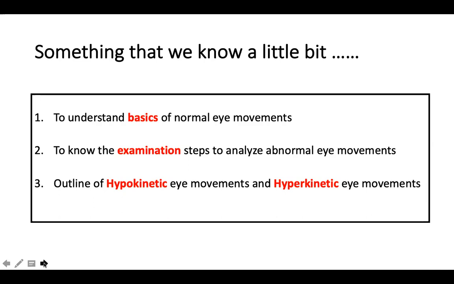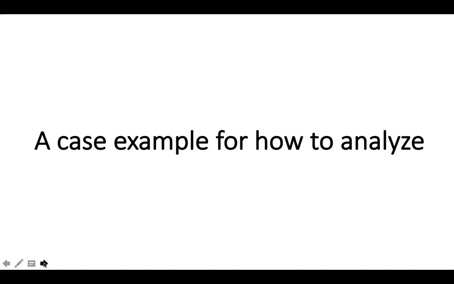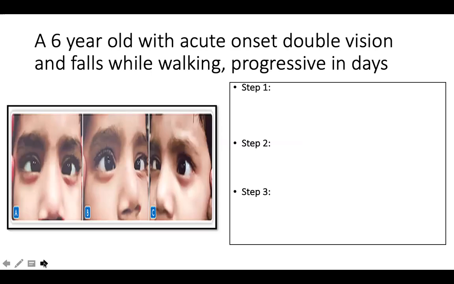Before that, we'll just probably discuss a case as a starter so that you know what we are going to do in this particular discussion. Okay, so this is one example of a 6-year-old boy who had acute to subacute onset of double vision, both right side and left side, and difficulty in walking, falls while walking, difficulty in climbing up stairs, difficulty in climbing up from sitting position, and almost like a weakness of around 15 to 20 days duration. It was gradually progressive. The weakness which was there in the first week progressed to the second week, and by the third week he was non-ambulatory.